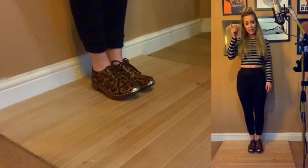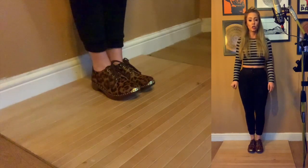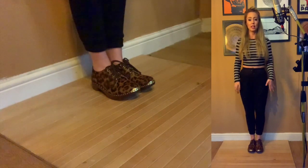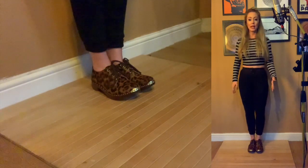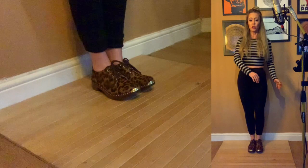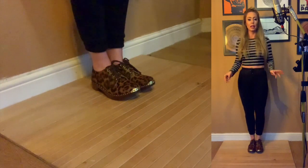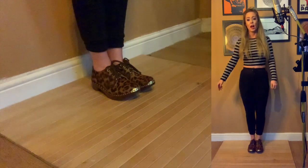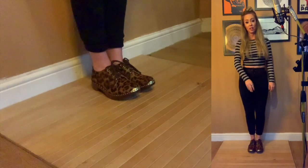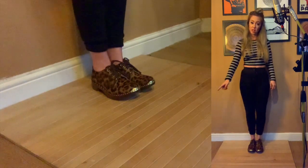Na i wneud hwnna i chi unwaith eto, ond tro yma fi'n mynd i gymysgu hwnna gyda'r 1, 2, 3 hop. So I'm going to mix that up now with the 1, 2, 3 hop. You can go from one to the other and you can switch back again, like I said, to keep things interesting. So you'll be able to tell from looking at my feet that obviously I'm going in a number 8